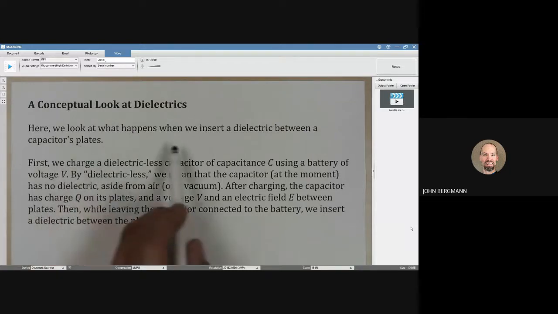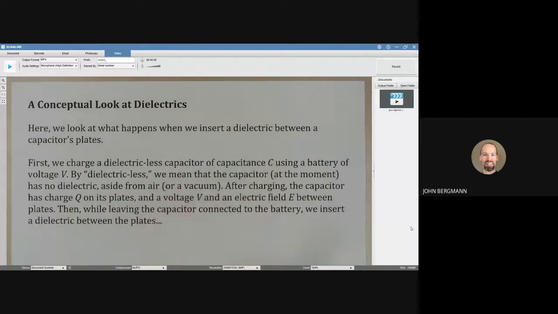Here we look at what happens when we insert a dielectric between a capacitor's plates. Follow the logic here. First, we charge a dielectricless capacitor of capacitance C using a battery of voltage V. By dielectricless, we mean that the capacitor at the moment has no dielectric aside from air or a vacuum. After charging, the capacitor has charge Q on its plates and a voltage V and an electric field E between